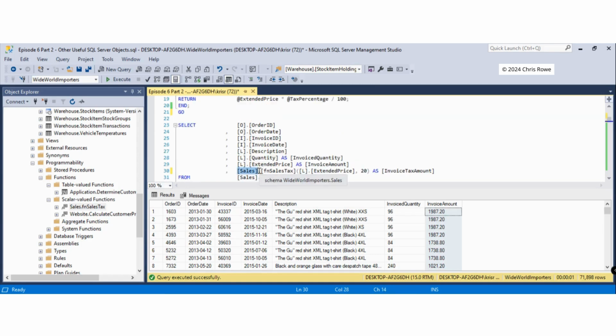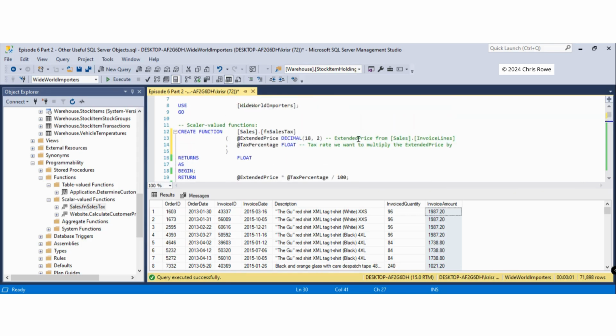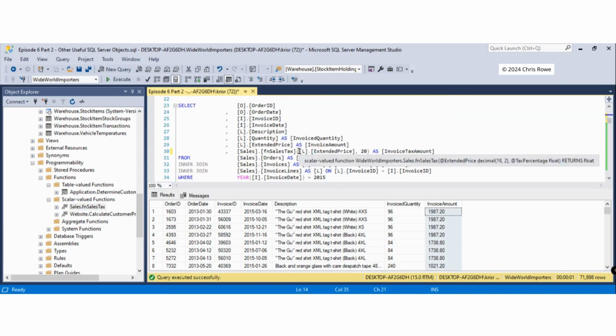Make sure you put the schema and the function name, and then of course we need to pass in our two parameters. So the first parameter, we start with a round bracket. First parameter we're going to pass in is our extended price. So we're going to be passing in this value for this row here,